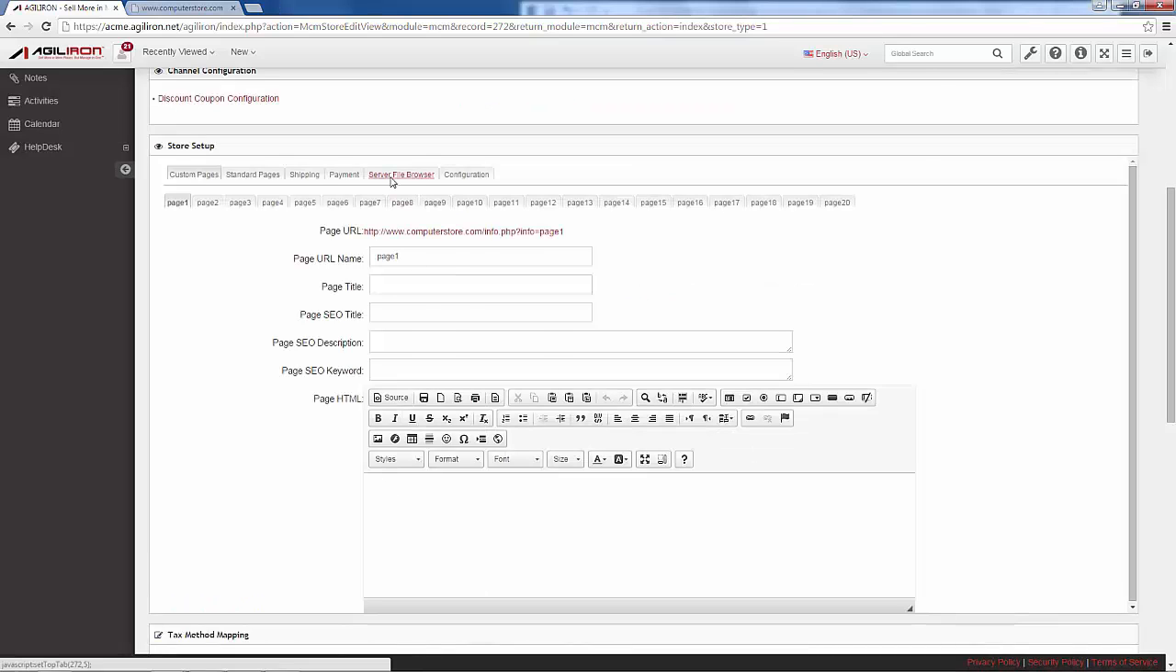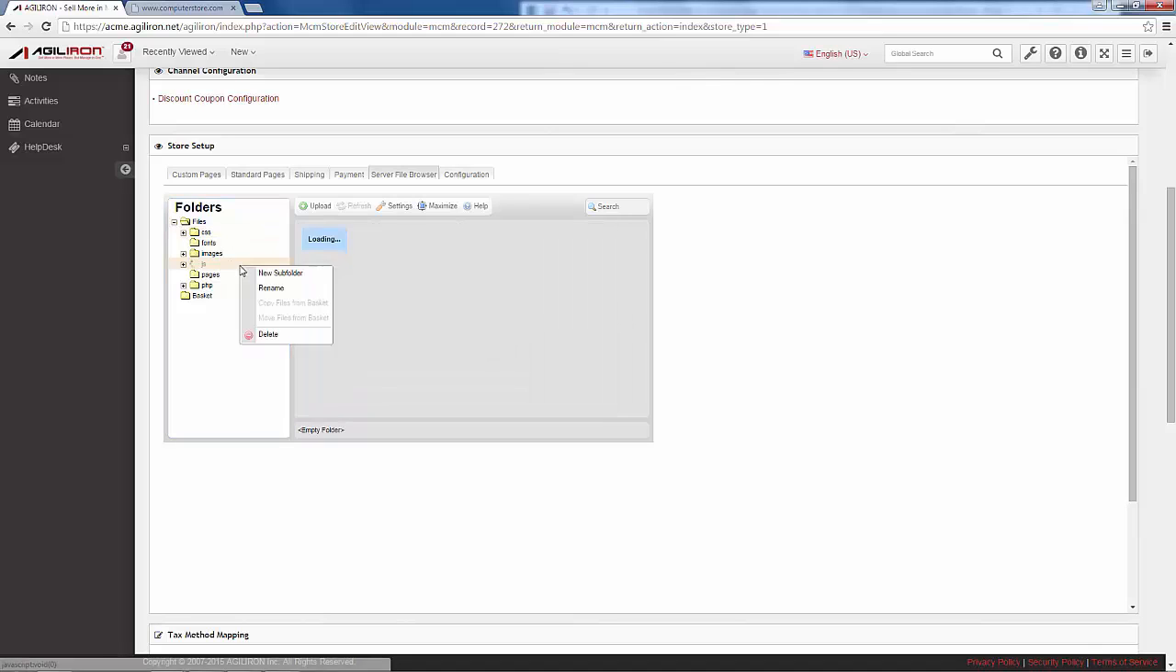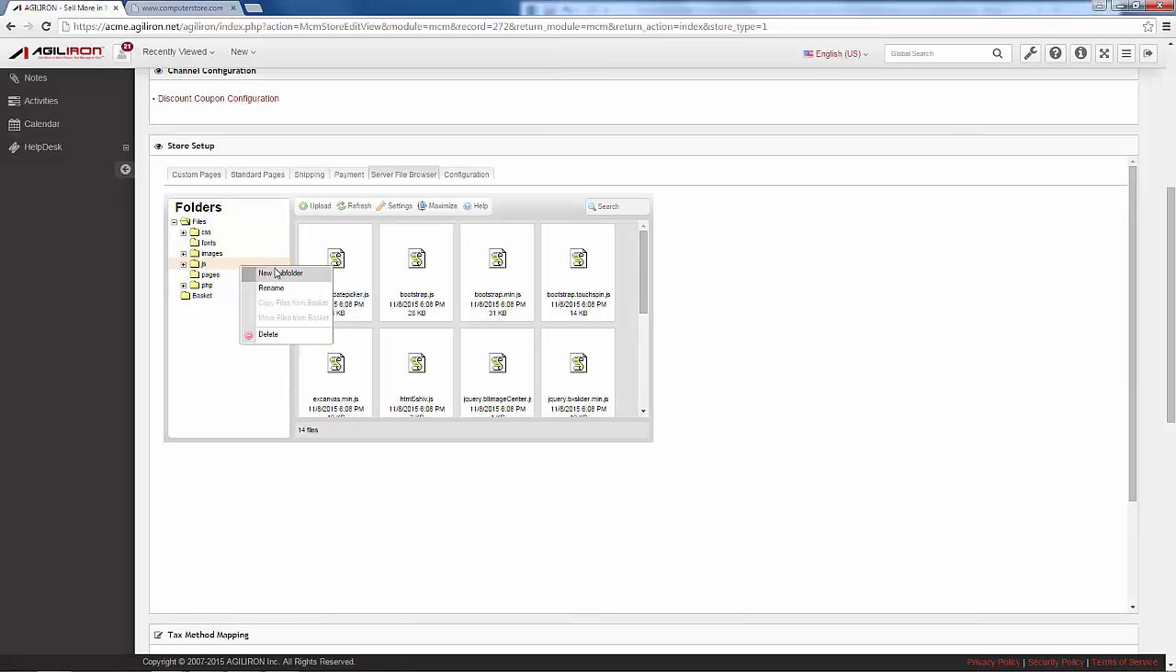The Server File Browser tab provides easy access to all the web store-related collateral files. This includes all the images, style sheets, and the PHP or JavaScript code for the store theme you selected earlier. Those files can be customized to whatever look and feel you want. You can also add additional files and directories on the server, just like you would with a remote FTP tool